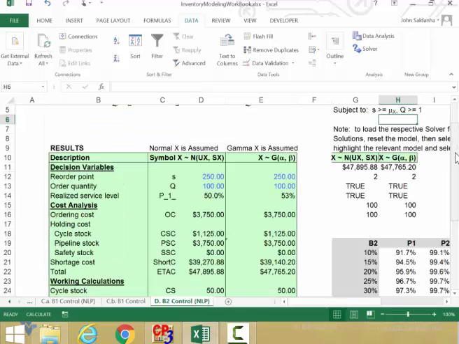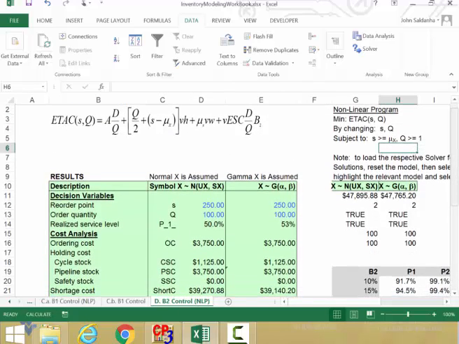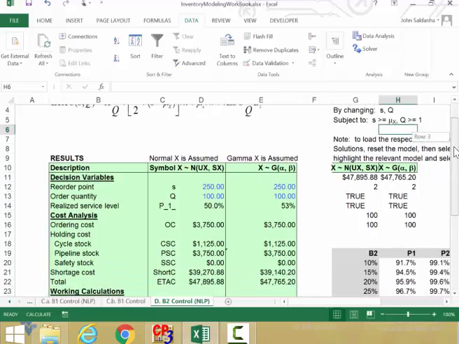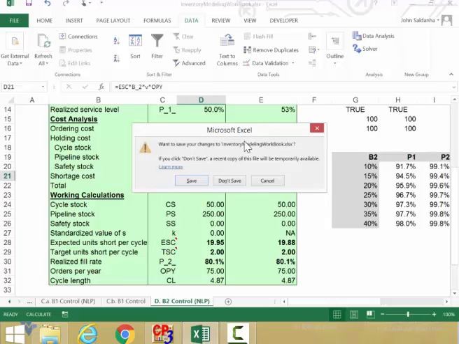So now we are only doing, for each unit that is short, we are multiplied by a certain number or certain penalty cost. And that penalty cost is calculated over here. So I expected shots per cycle times how much it costs to stock out each unit, multiplied by the value, multiplied by the number of orders per year, and you do the same thing. Okay? So that's really it for the first part